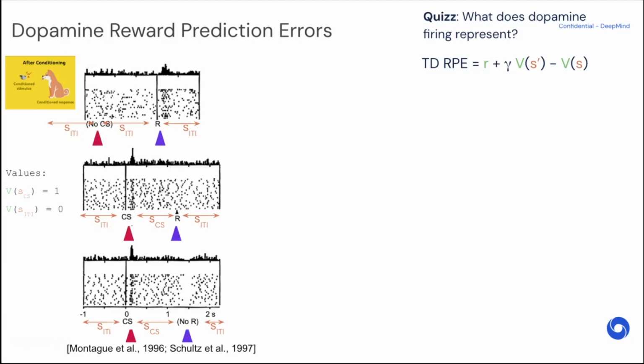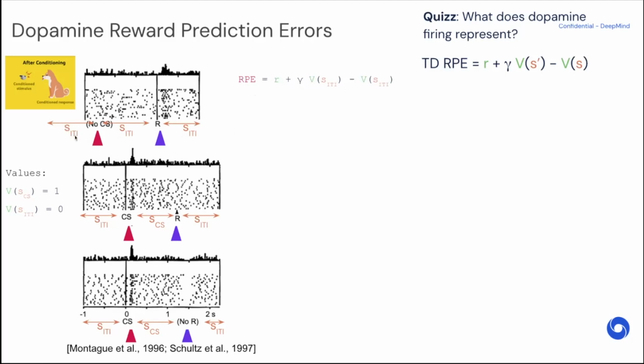Okay, cool. So now I just put those triangles here to know what we're talking about. So let's calculate the RPE here. The RPE is reward plus gamma times value of the next state, which is the ITI state, minus the value of the previous state, which also is the ITI state. So the RPE here is